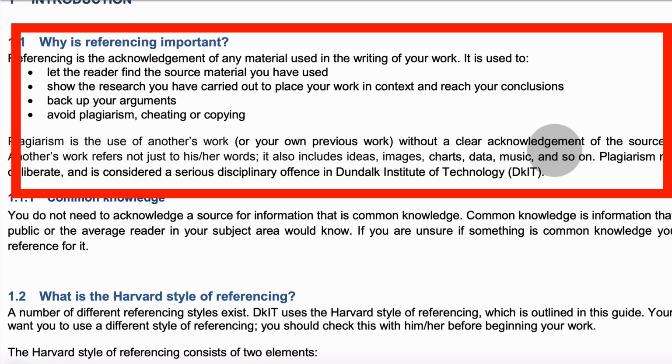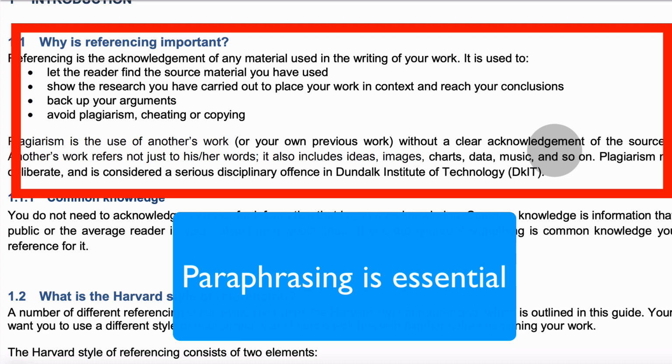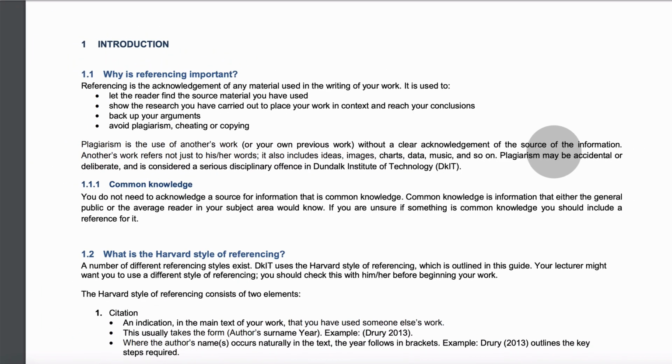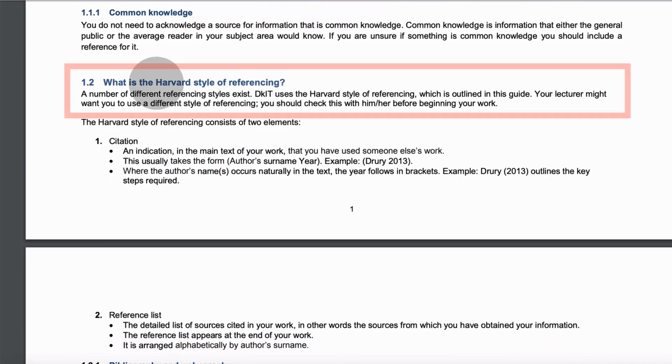So the key thing here is when you read these sources, you identify the key points and you paraphrase. That means you write in your own words the key point that you want to make, and you back it up with the citation of the source, and then you'd have a reference of that later on in a references section. So this document gives you a nice introduction briefly,